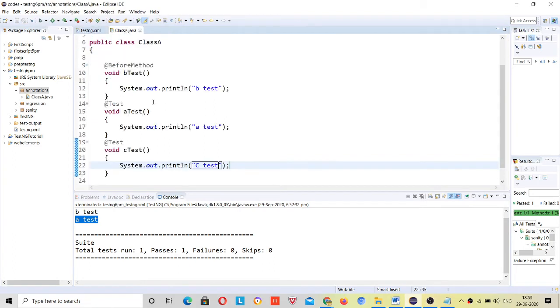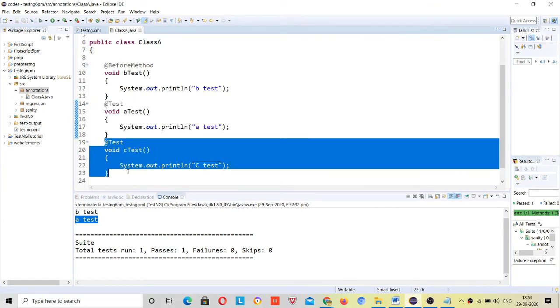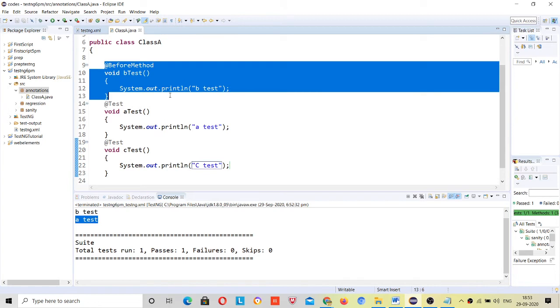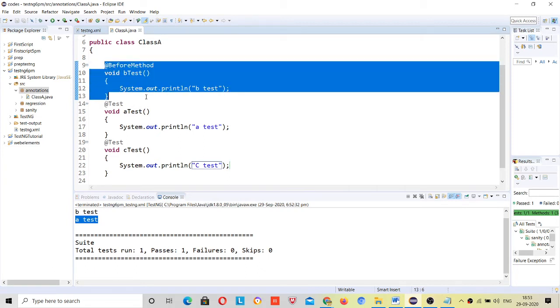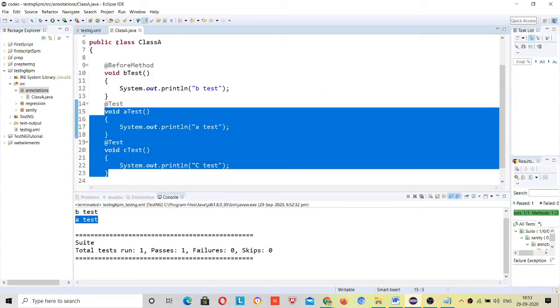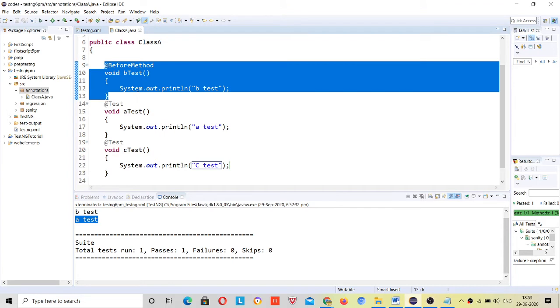See, count the number of methods: 1, 2. So before method will run 2 times. Sometimes people ask this in interviews, how many times this method will run. It depends on how many test methods you have. This is considered a prerequisite, not a test case. This will not be counted as a test case.